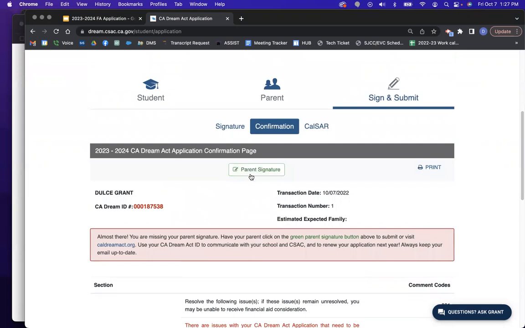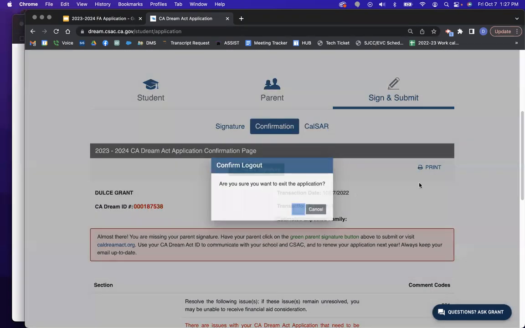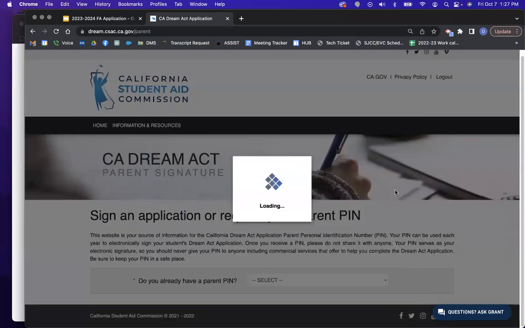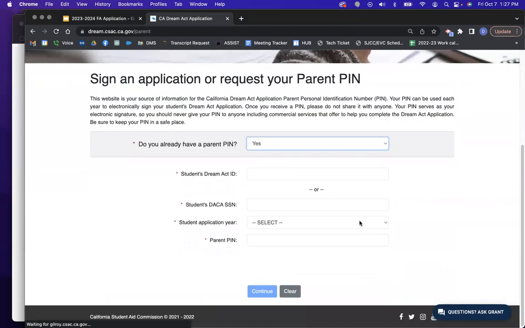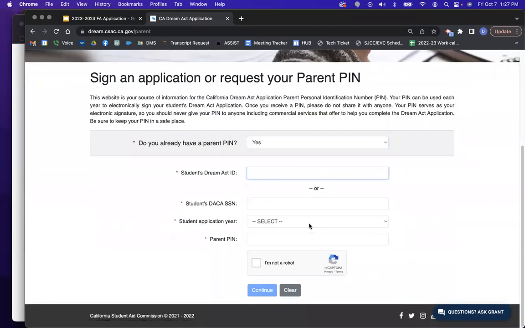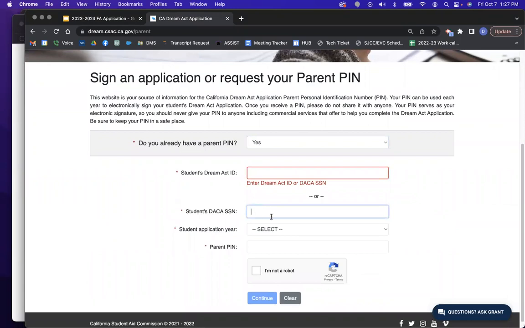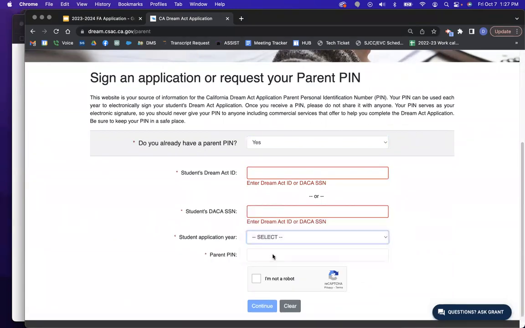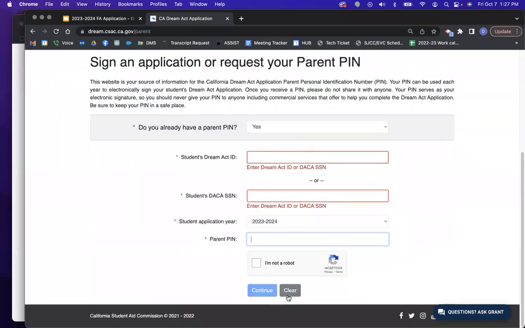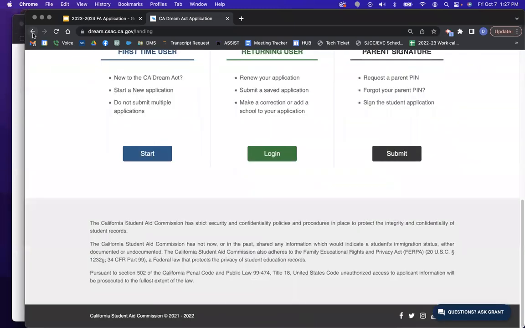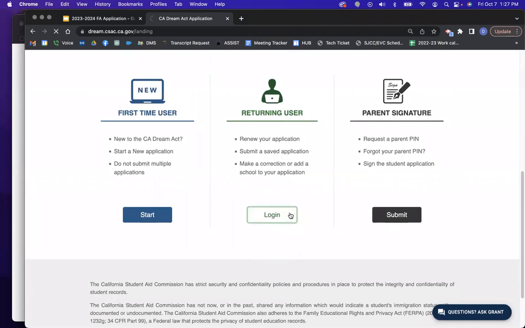So for you, you should have created, or your parents should have created, a signature, a parent PIN. You're gonna put yes, and then if you remember, you're gonna get your Student Dream Act account or your DACA Social Security. Your application year would be this, and then you submit your parent PIN. Okay. If you're like, oh my God, I have no idea what that is,